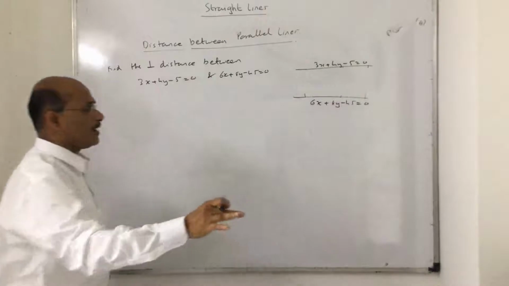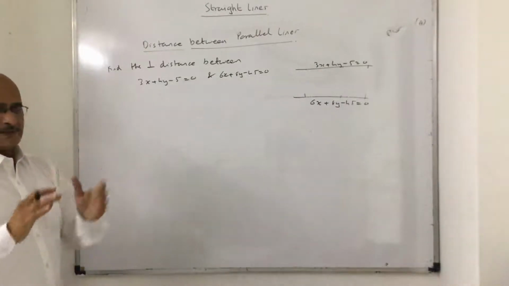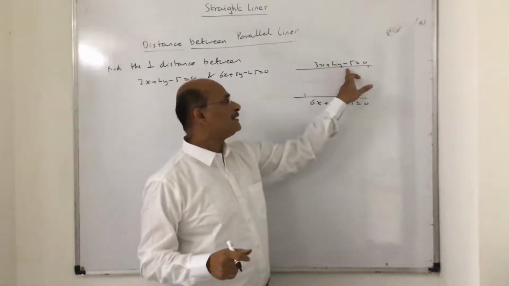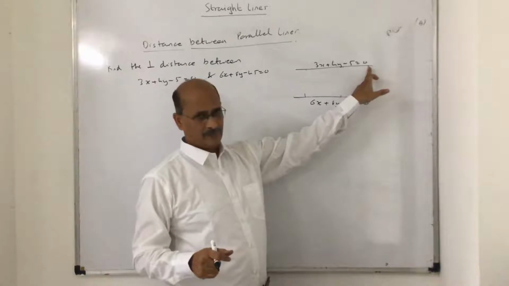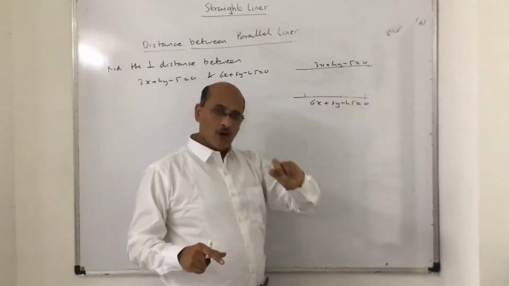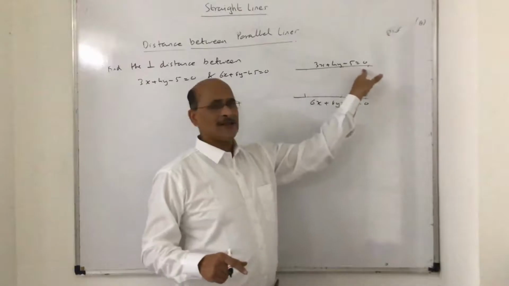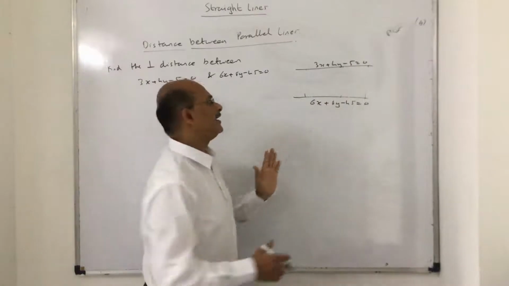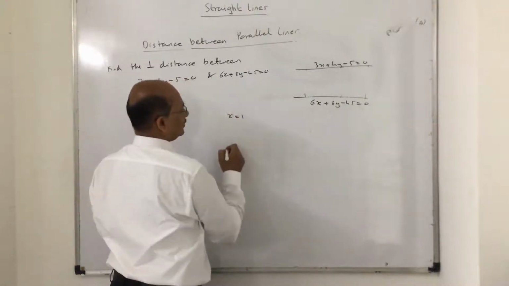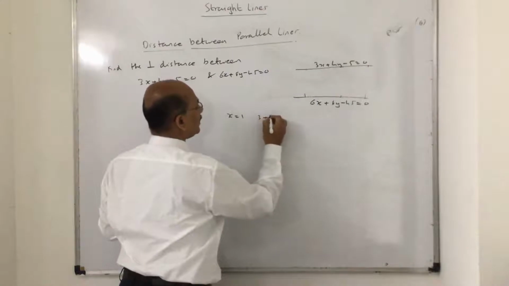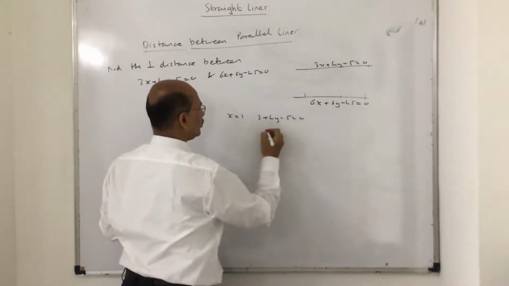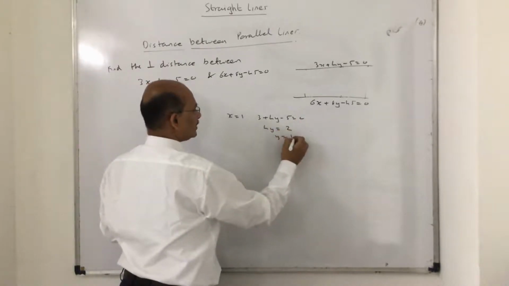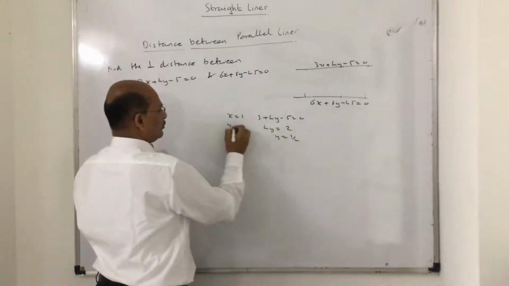Now, remember how to find the distance between the two. Very simple. First thing, you find a point which satisfies this equation of line. Find a coordinate lying on this line. How can you find a coordinate lying on this line? By taking any value for x. Suppose you take x value 1 and put it in this. So what will happen now? 3 plus 4y minus 5 equal to 0. So 4y is equal to 5 minus 3, which is 2. So y is equal to 1 by 2.